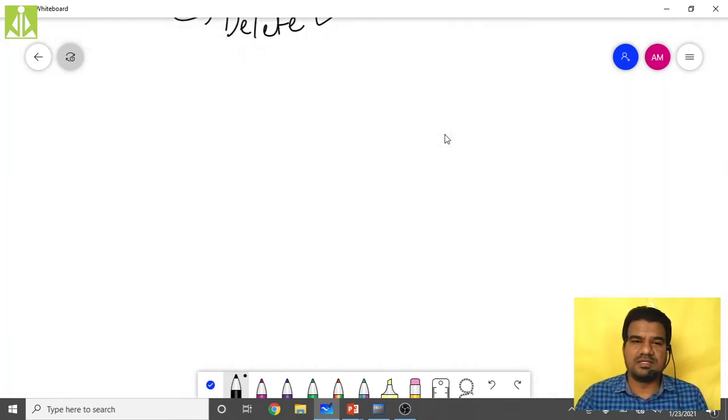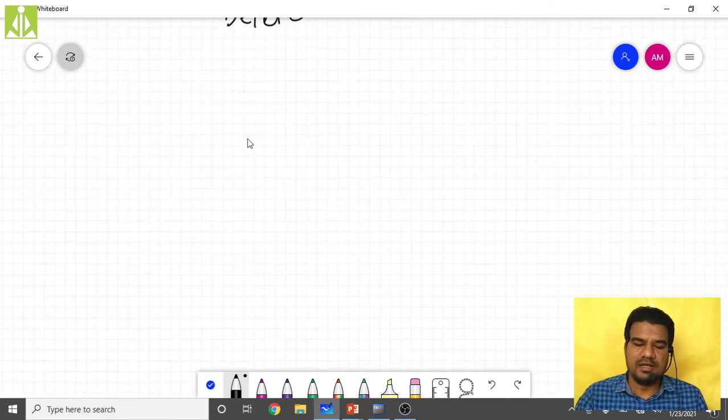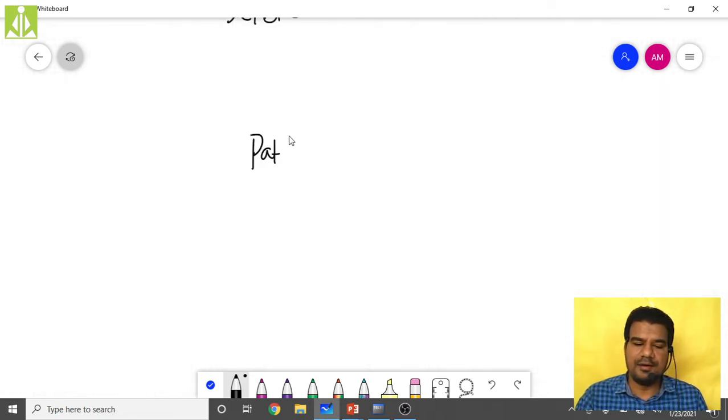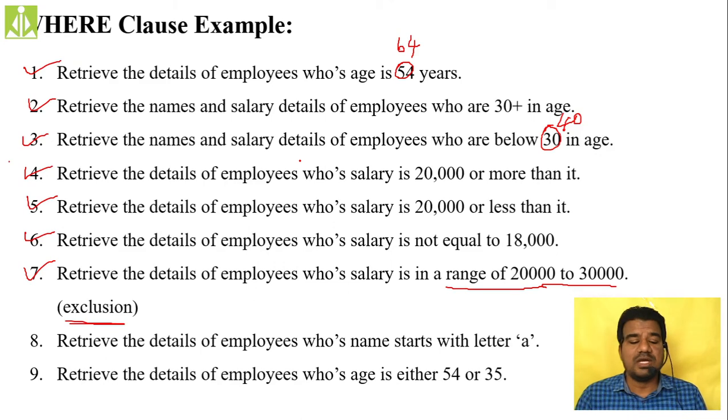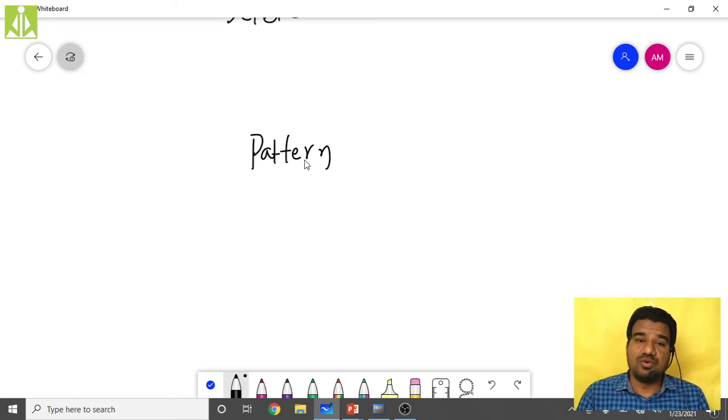what we call high level standard. Maybe you will not understand what a pattern is. So a pattern is a matching trick, we can say, with which we can retrieve the records. In our query we said retrieve the details of employees whose name starts with the letter A. To get that query working, we have to create a matching pattern, and that pattern will tell the query to match all the names whose first letter is A.